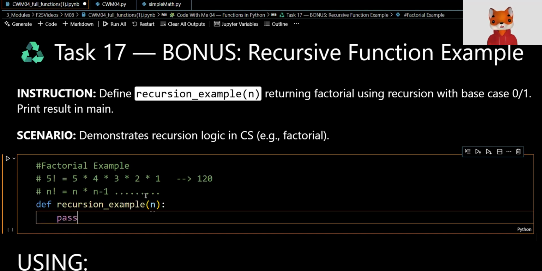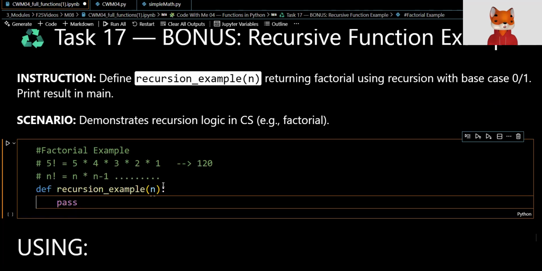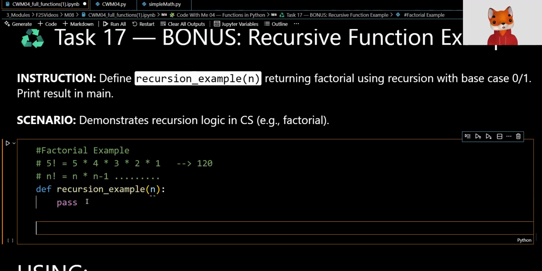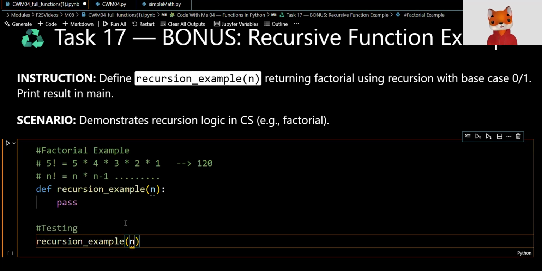Then I'm going to go ahead and type in pass. And I'm going to first do my function call to, again, start with what you know to do, and then continue on with that. So let's say I want to test this out. I'm going to test it out with the first value of 5, knowing that if I did it right, the output should result